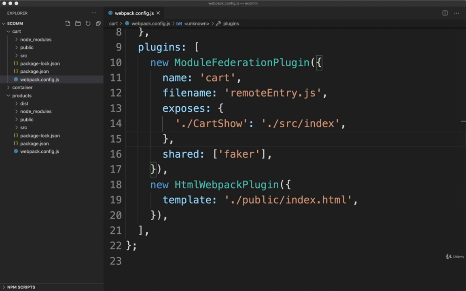There's one more thing I want to show you around sharing dependencies. So I'm back inside of my cart webpack config file, looking at this shared option right here. Our Faker module can be loaded up several different times inside the browser without any problem whatsoever. In other words, we can load Faker, and it's still going to work even if we load it into the